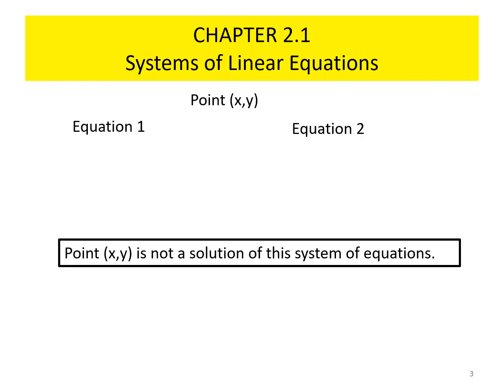In general terms, if we have a point and we're given the two equations that make up the system, and we take that point and substitute it into both of these equations separately, and we find that it may be a solution to one of the equations and not the other equation, then therefore it is not a solution of this system of equations. Now here we see it wasn't a solution to example 2. Well, maybe it wasn't a solution to example 1. That would still mean that it does not satisfy both of the equations and would not be a